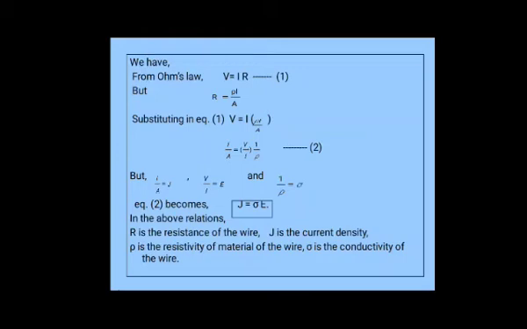So very simple derivation, very easy steps. First, what we have to do? We have to take Ohm's law, then substitute R is equal to rho L divided by A. Then you adjust the term: I by A is equal to V by L into 1 by rho. You will get your final answer, because I by A is nothing but J, V by L is nothing but E, and 1 by rho is nothing but sigma, conductivity. So J is equal to sigma E. Very simple derivation. Practice it.